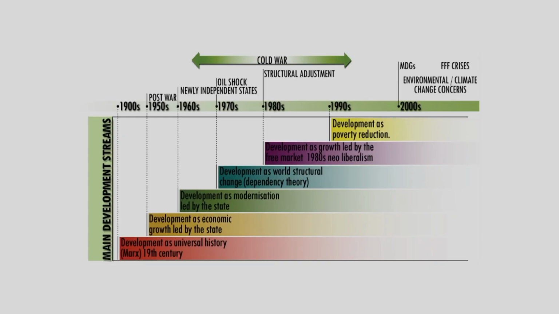The 1980s saw the emergence of the neoliberals, who were looking at development as growth, but led by less government intervention and freeing the markets by propagating the ideas of liberalization, privatization, and globalization. And the 1990s saw the emergence of the capabilities approach and the human development approach, and so development was being seen as how poverty can be reduced by focusing more on investments made in human development components, and not just increasing the levels of incomes of individuals within a country.